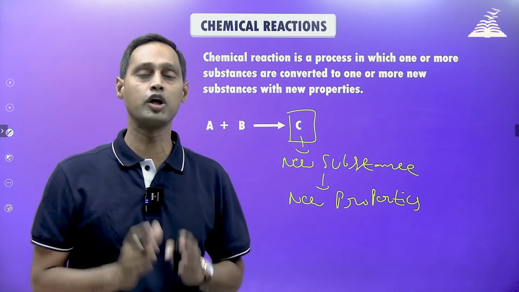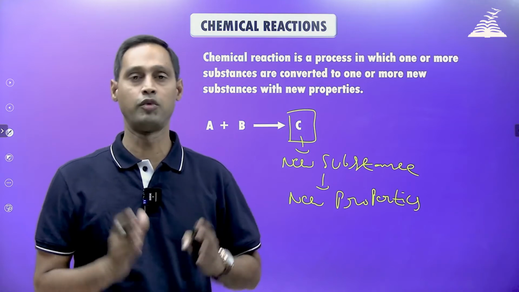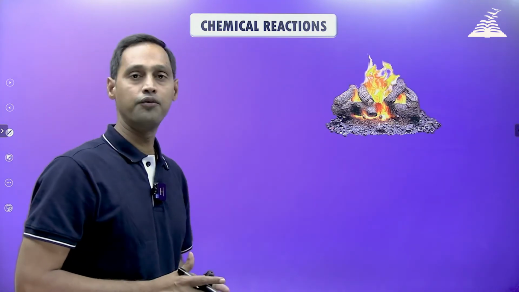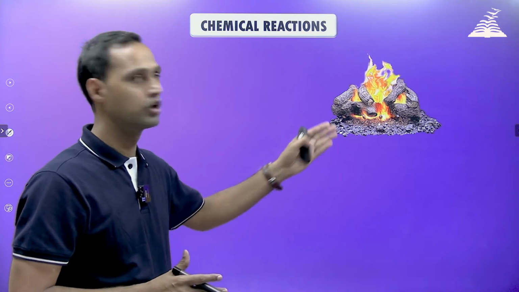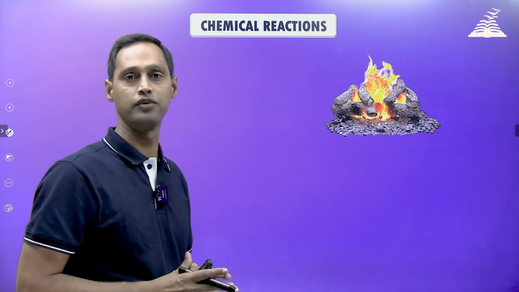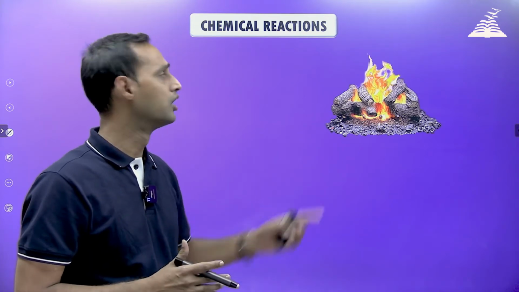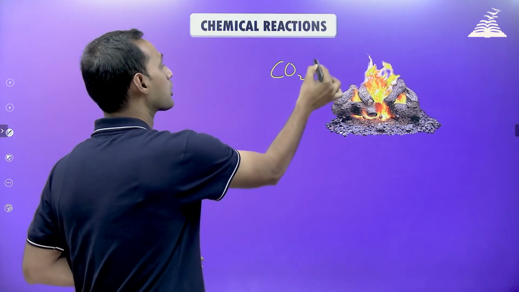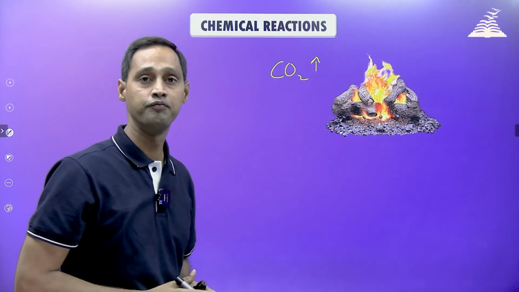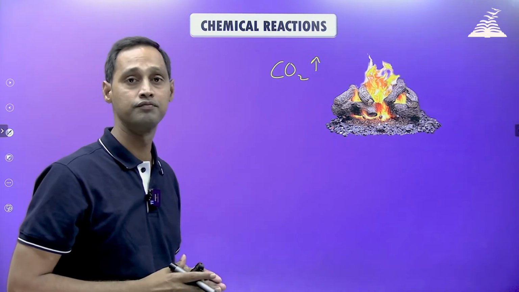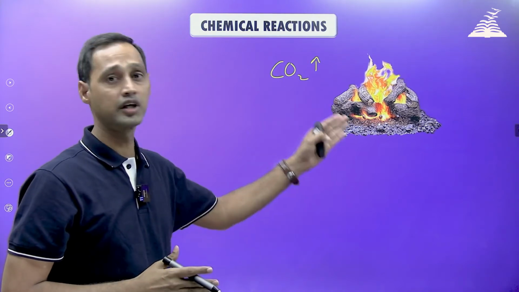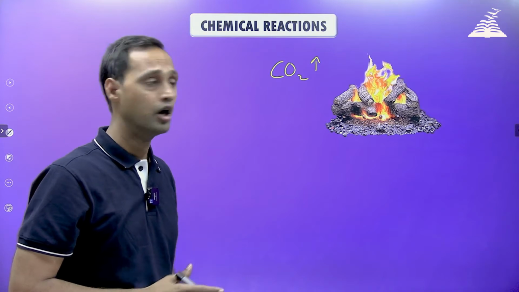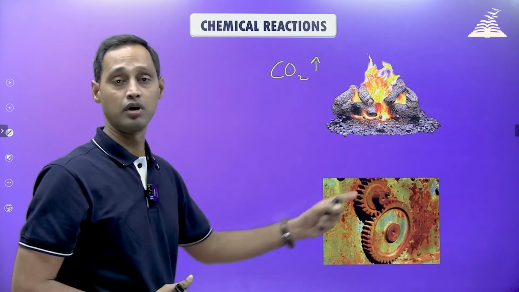Now we will take a look at few examples from our day-to-day life, right? See, burning of wood, burning of coal, burning of fossil fuels. Okay, so here always a new substance is formed. Here carbon dioxide is liberated, which is a new substance, right? So it is a chemical change or chemical reaction, right? We'll take a look at more examples. Rusting of iron,